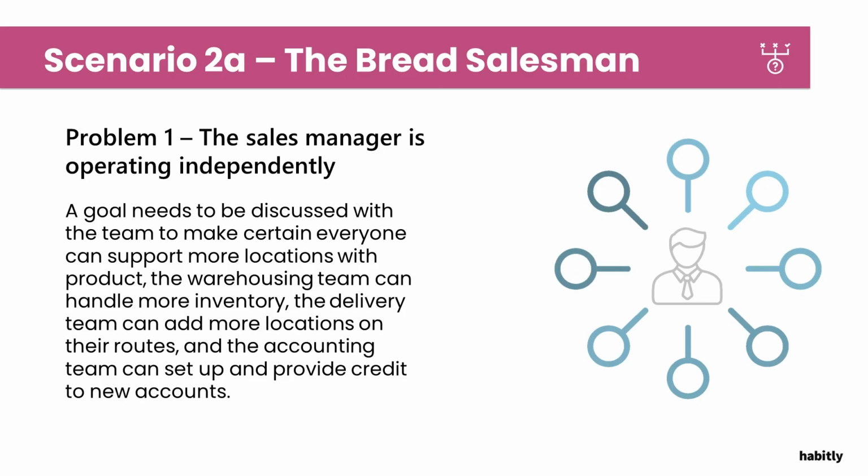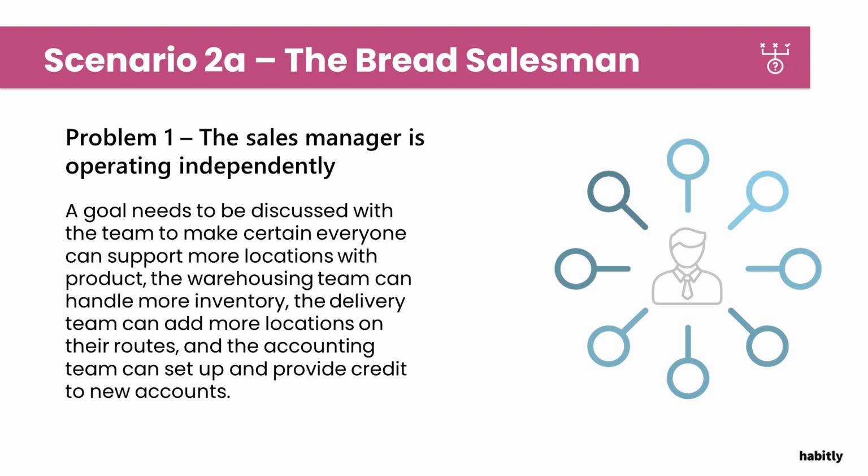Well, first, the sales manager is operating independently. This goal needs to be discussed with the production team to make certain they can support the additional locations with product. The warehousing team who manages the inventory, the delivery team that's going to have to add a significant number of locations to their routes, and the accounting team who's going to have to support setting up and providing credit to